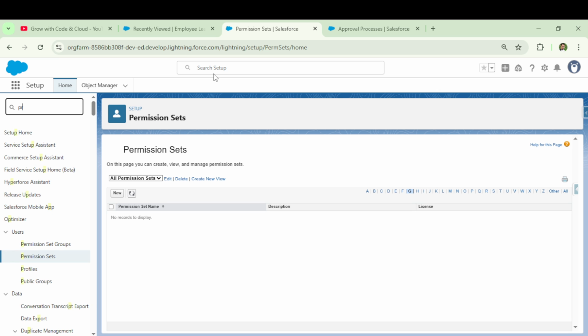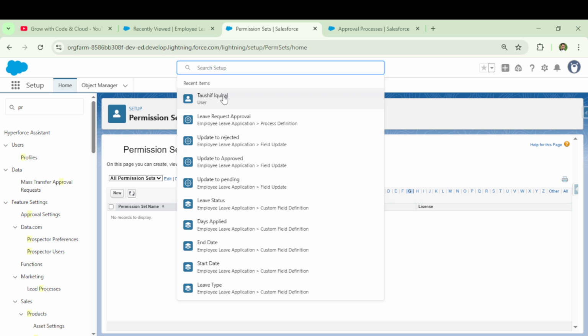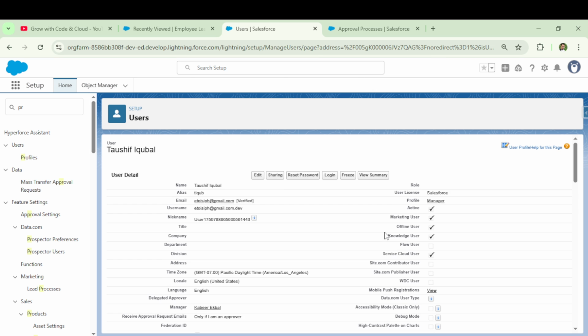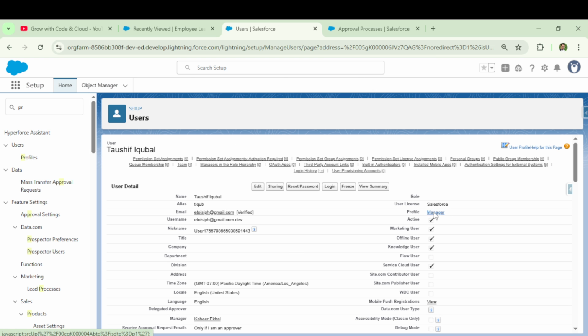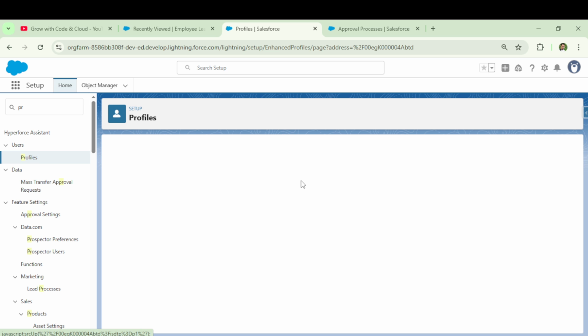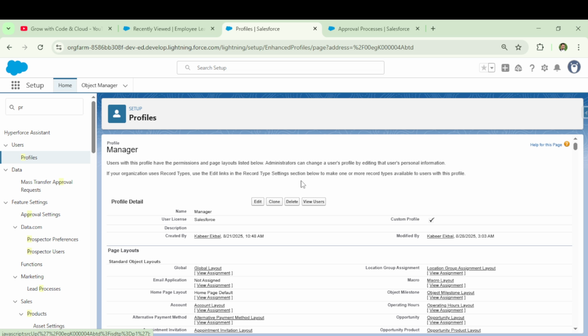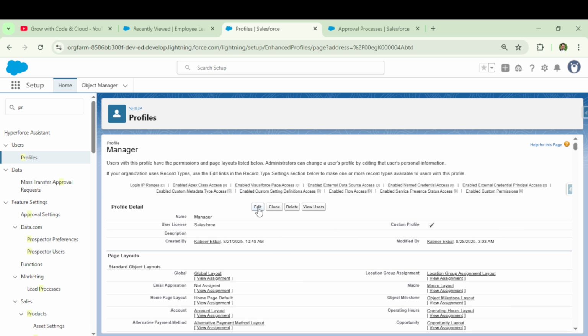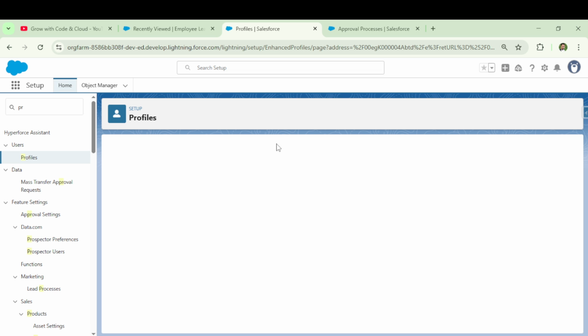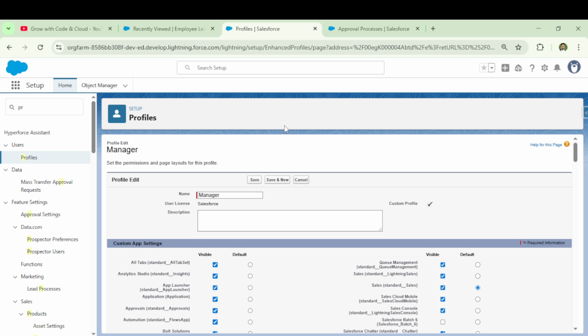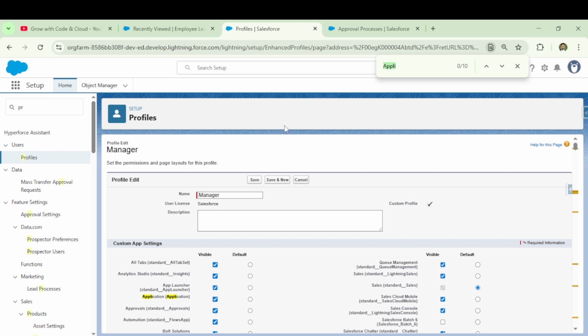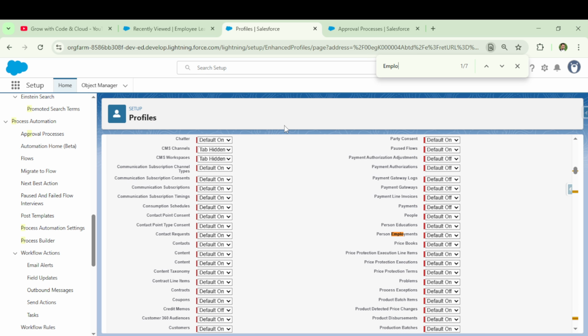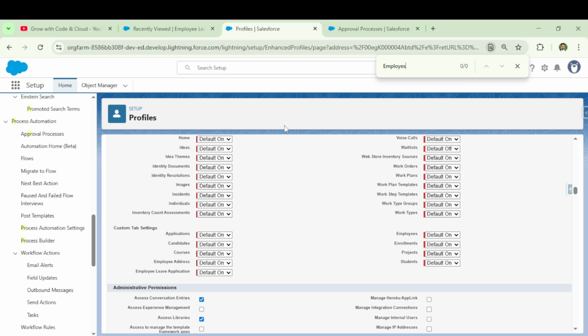What is the profile of that user? Now search, open that user, click on this profile and edit this profile. Okay, Control F, search the object, employee